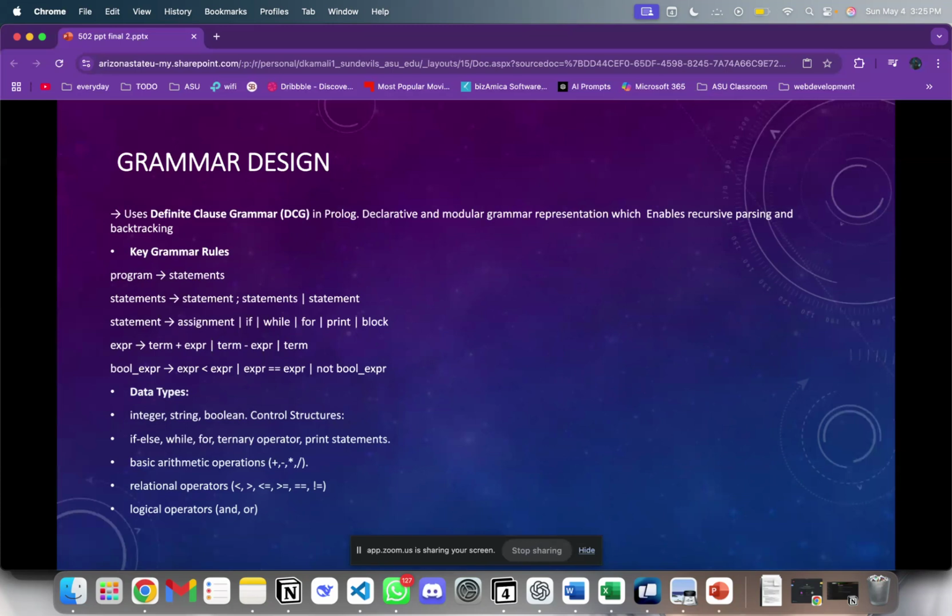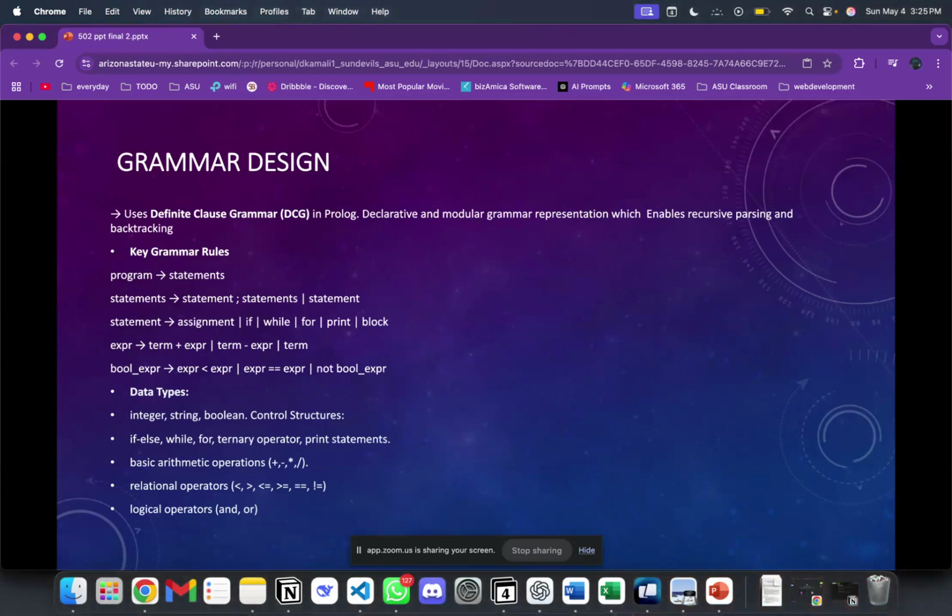Hello everyone, my name is Arya and I will be starting with the grammar design of our language, Zaplang. For the grammar design, we have used DCG, which is definite clause grammar, in which the grammar structure is like there will be a program and a program will be a group of statements. Again, going down, a statement will be broken down into one or more statements, eventually broken down into assignments, expressions,